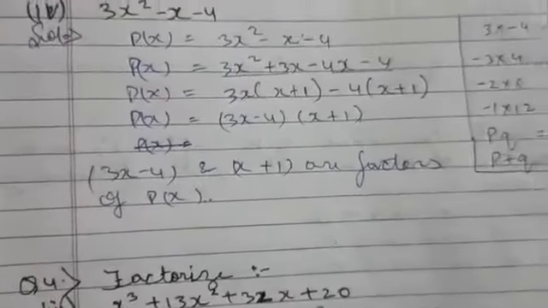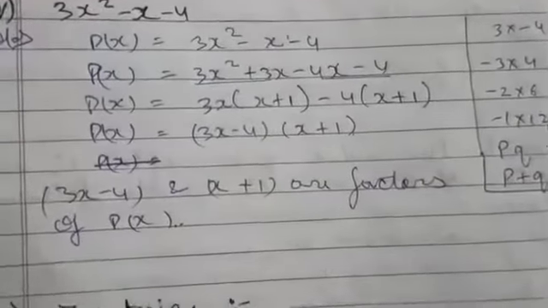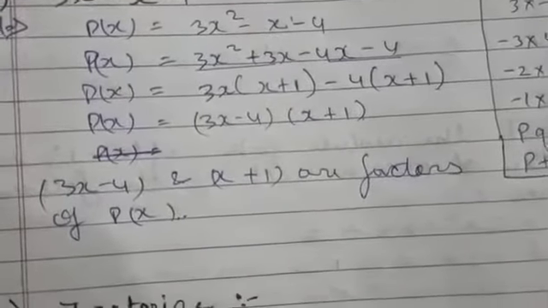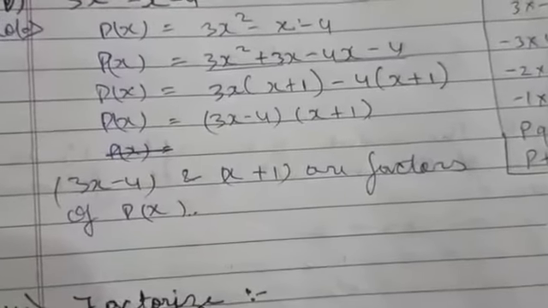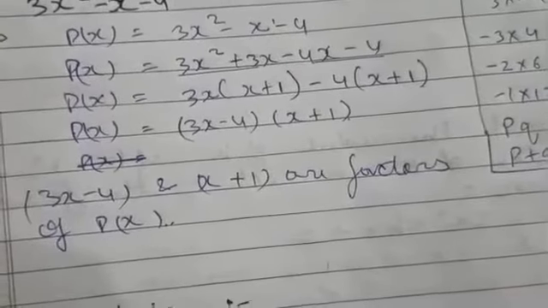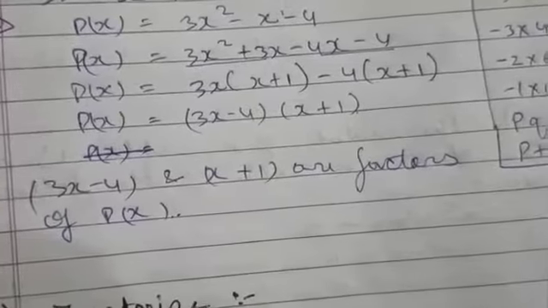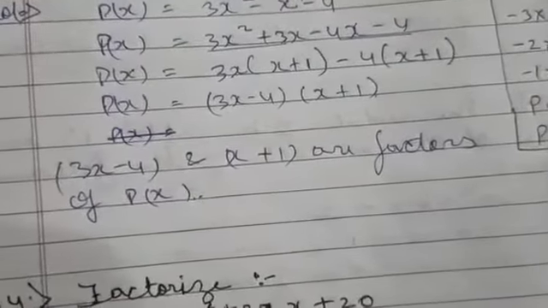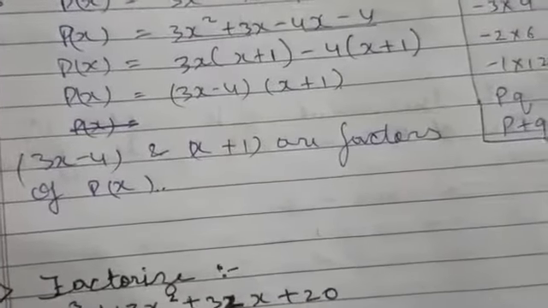So this was the method of factorization by splitting the middle term. One more thing to note down: factorization by splitting the middle term is only applicable when you have a quadratic polynomial. For a cubic polynomial, you first have to apply the factor theorem, then in the second step divide, and at last find the factors of the quadratic polynomial. One more method is given in example number 15, which I will also explain.